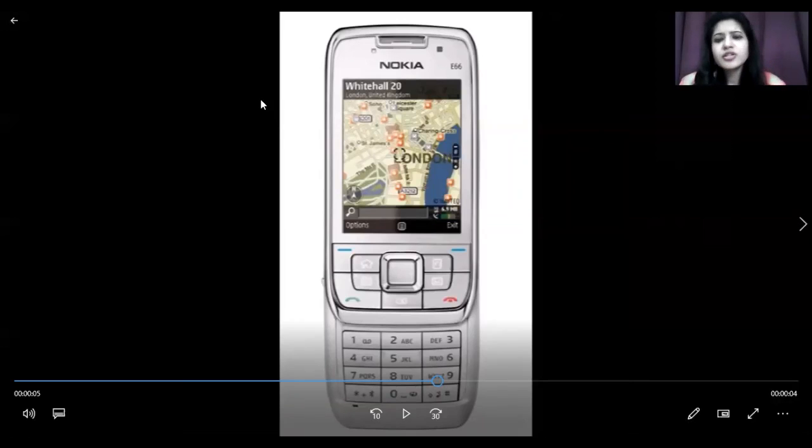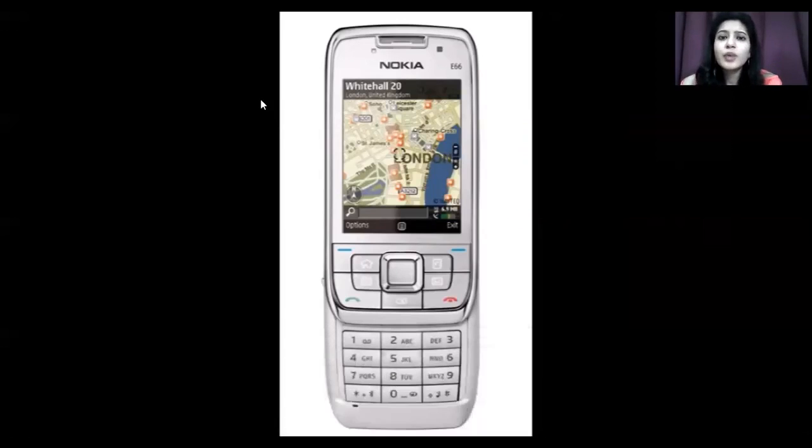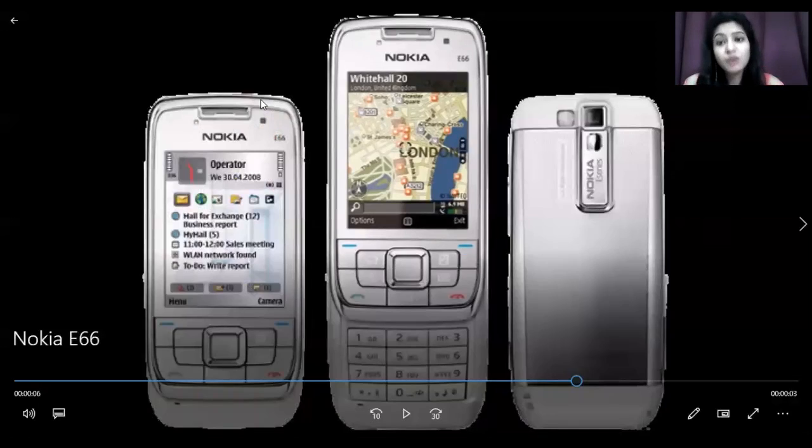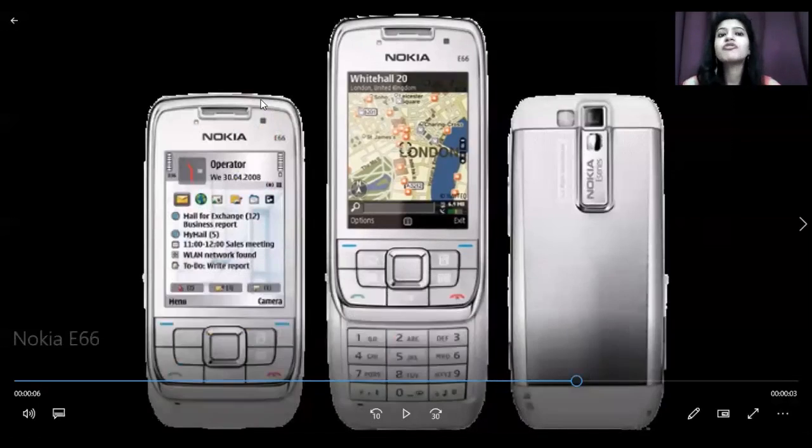Now when we talk about this variant, it has got a 3.15 megapixel camera with a front camera inbuilt. Yes, you can video call with a selfie camera, and an LED flashlight is already inbuilt in it. You will see that it has got a 2.5 mm jack, as well as recordings, FM, voicemails.